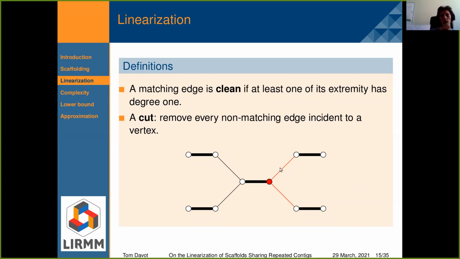So for example, I can cut this vertex, so I remove the two edges here in red. And by doing that, I clean this matching edge because this extremity will have degree 1.